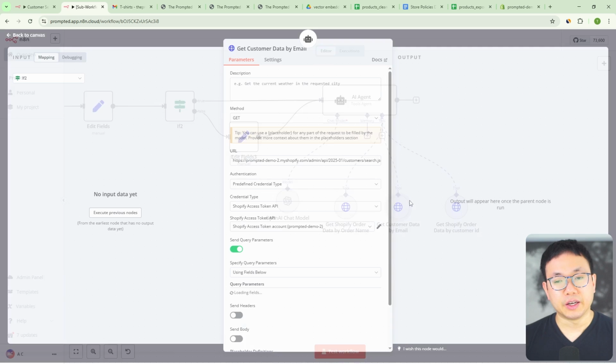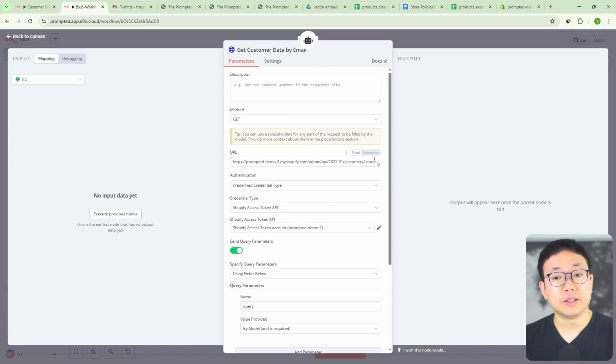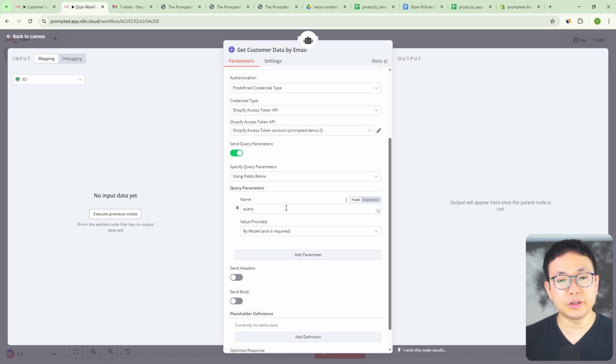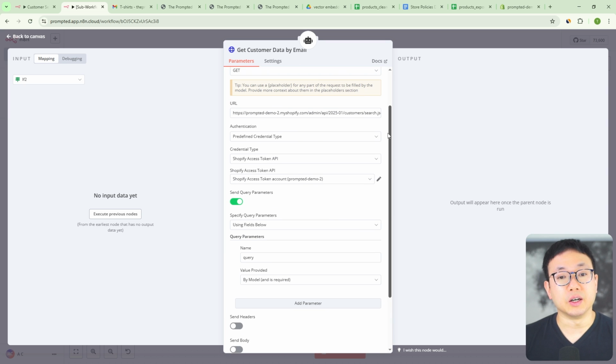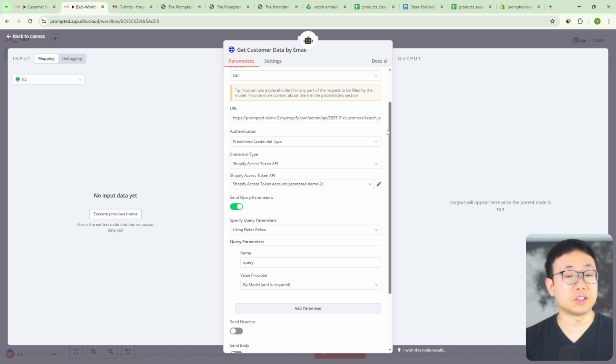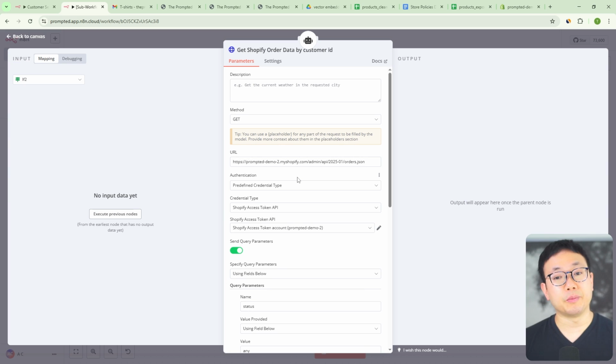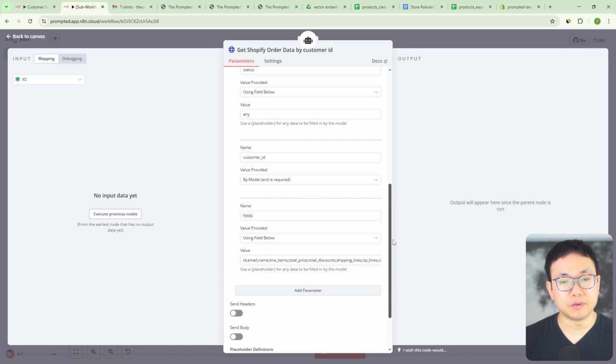Okay, in this case, if we don't have the order name directly, then we're going to be searching for the customers based on the customer's email. So we'll look either at the email coming in, the sender's address, or if the person was saying like, hey, I ordered a shirt and this is the email that I used to order it, then they can check based on that. And we're just going to be looking for a customer ID essentially. If the email exists in our Shopify store as a customer, it'll pull up a customer ID, and we can grab that ID and pass it over to this tool, which is going to find the orders based on customer ID. Now, this is a very similar